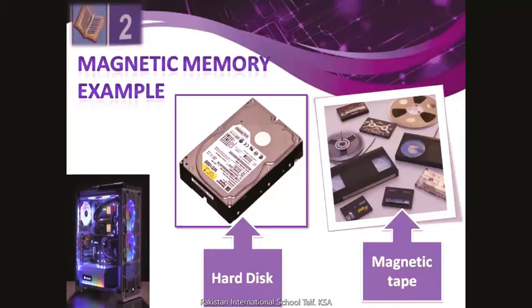and with the help of read and write head we can read the data, and your data is stored in the form of magnetized and non-magnetized spots. So these two are the examples of magnetic memory. Hard disk is the most common way in which we can save our data. Magnetic tape was the old method, and that is a sequential access device, and hard disk is a permanent device which is used to store your data, and this is a random access device. In hard disk you can access any location randomly.